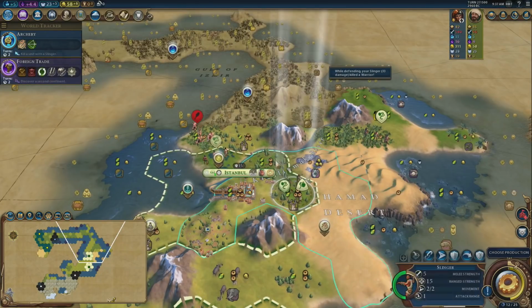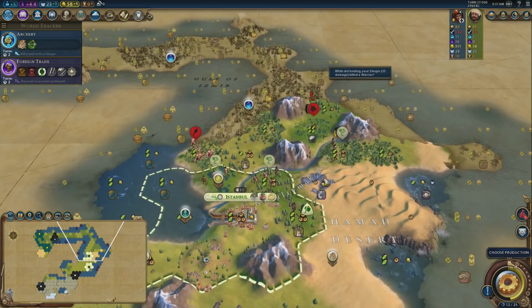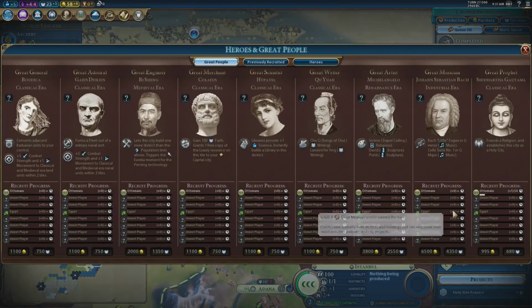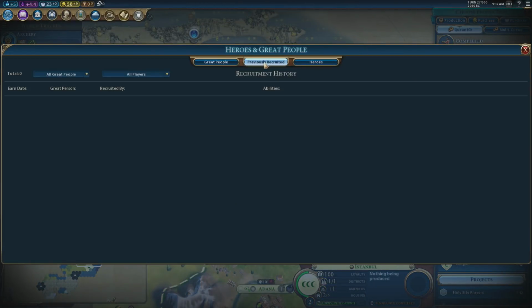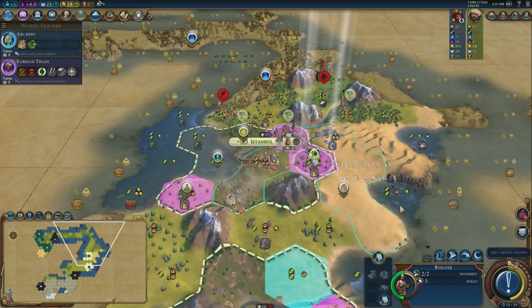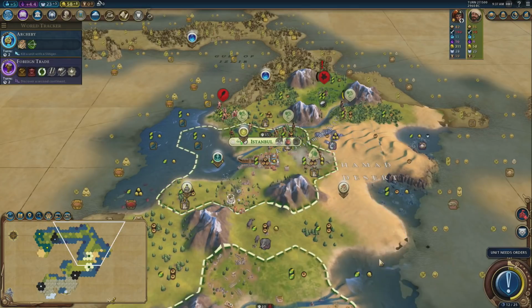Alright, we've got 3 slingers now. We should be safe from this barb rush, although there are a lot of barbs coming my way. It's a little bit frightening. Shall I get the shrine in first? Nobody else is getting points at the moment, so I don't need to rush it. I think getting a shrine in would be a good thing, although a builder is always a good thing to do. But no, in this case, I think...